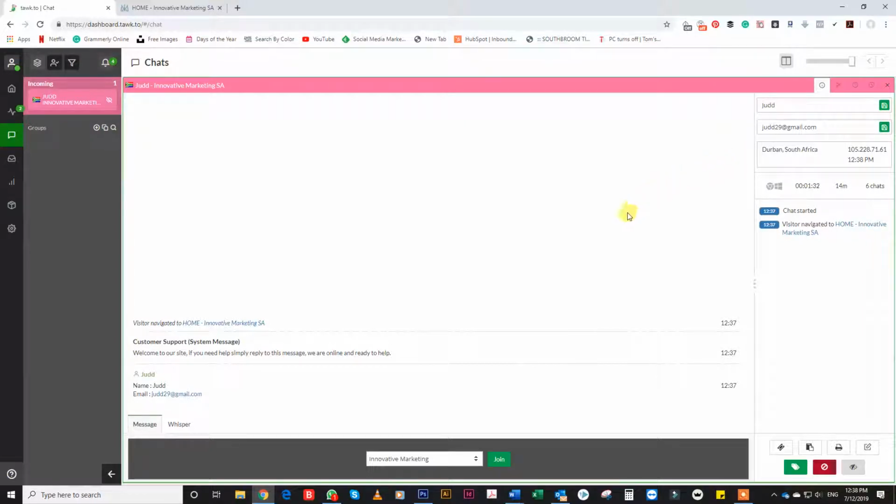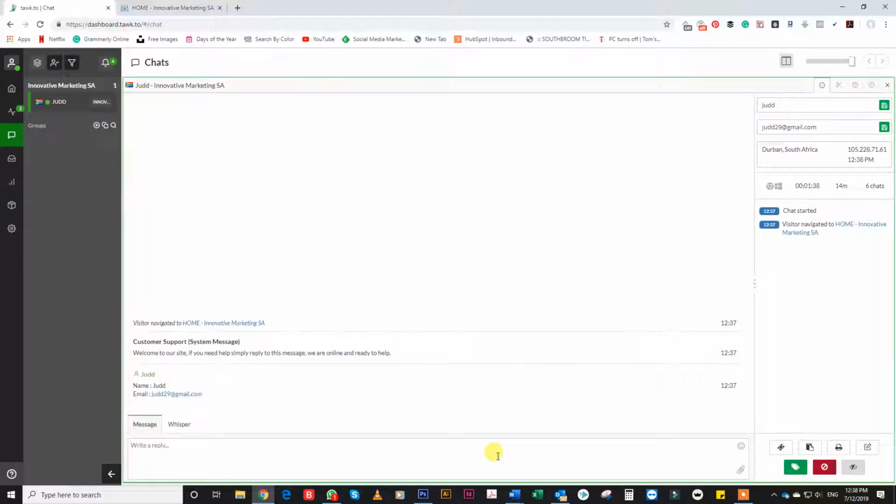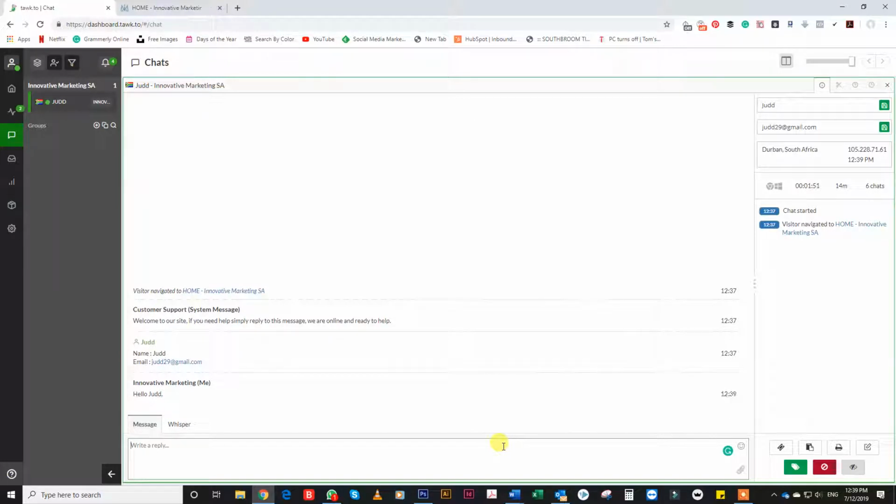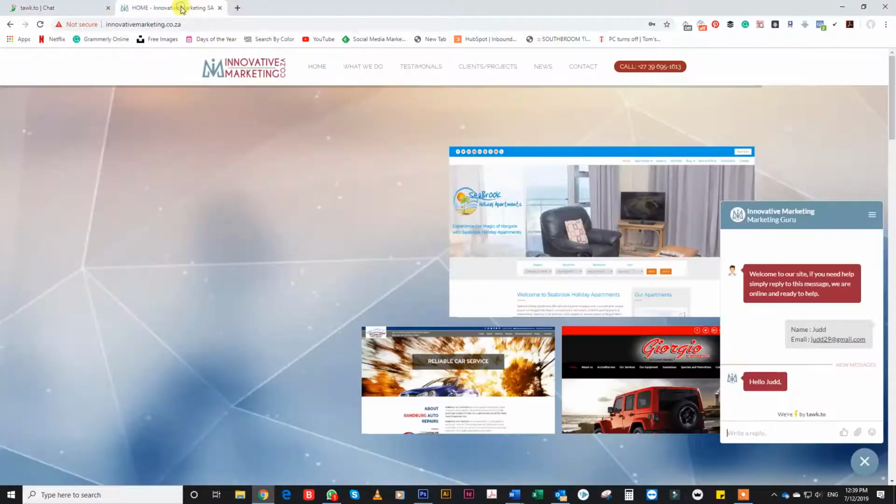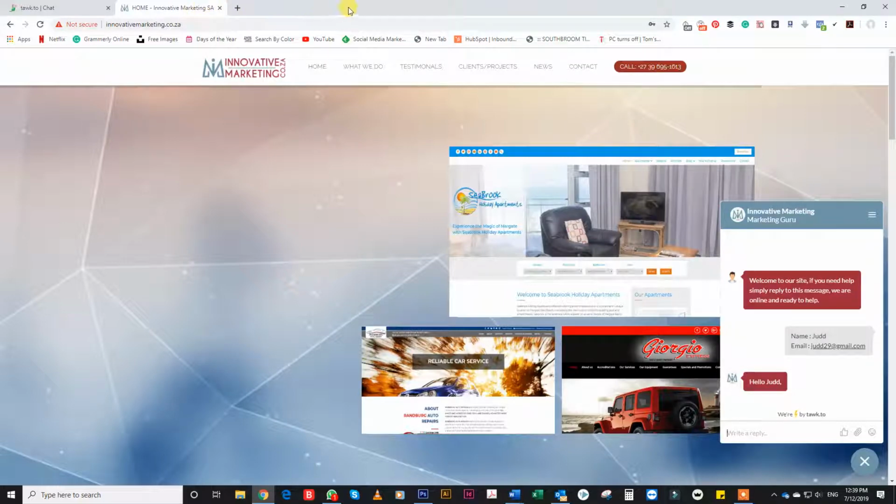Now, to engage in a conversation, you would need to join. So you would click on the Join button, and now a window opens at the bottom where you may start typing your message back to the client. Once you are happy with your message, simply hit enter, and on your website, your visitor will receive a notification as well as a sound letting them know you have responded, which I will show you on our page. There, the response has come through,